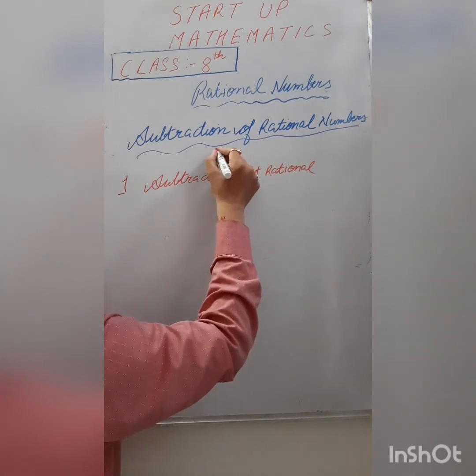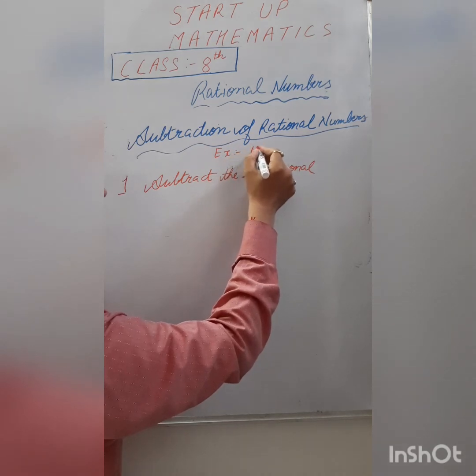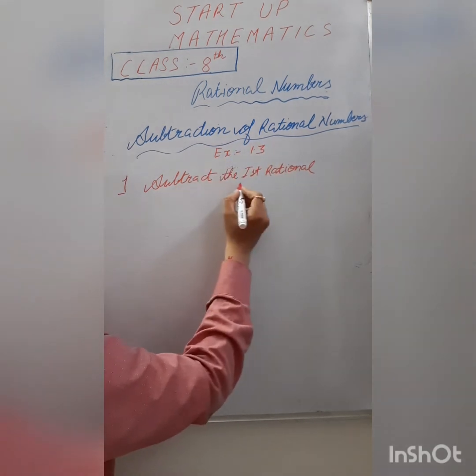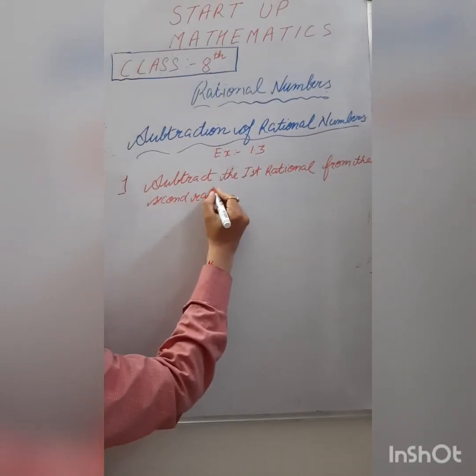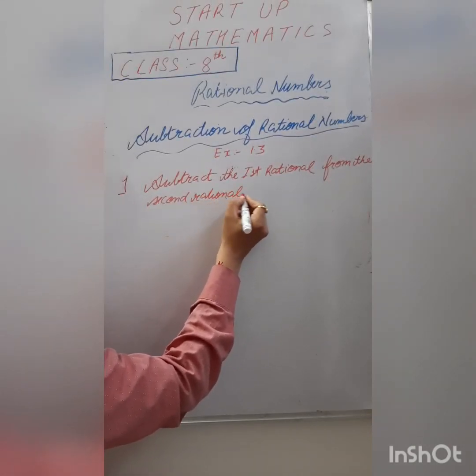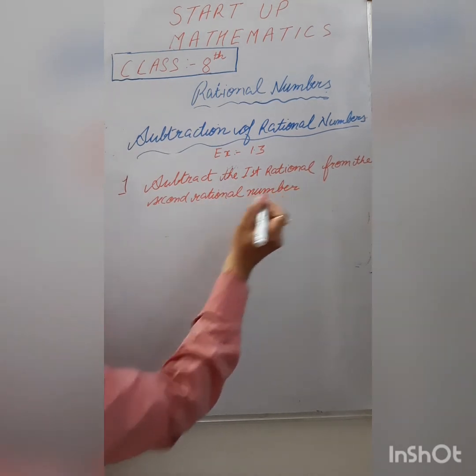This is the question of the exercise 1.3. Subtract the first rational number from the second rational number. Right. And the given rational numbers are,